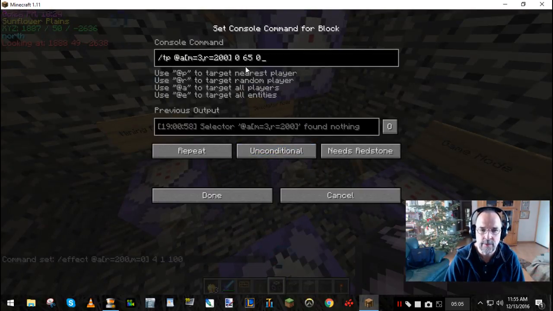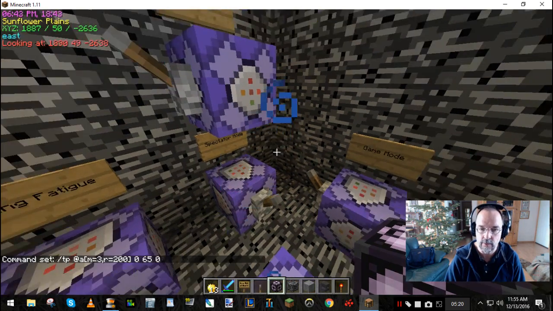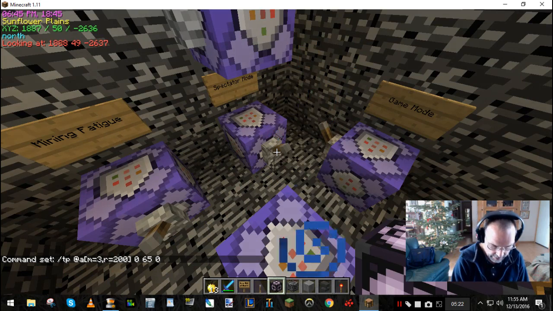This one takes anybody in spectator mode and spits them out to the green, 065, 0. And because this command also exists on the green, what that does, let's say, because you know some places I want spectator mode, some places I don't. Right now,